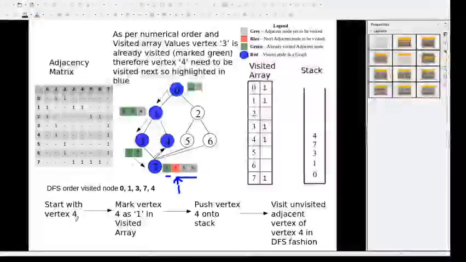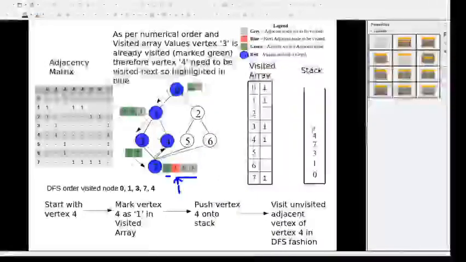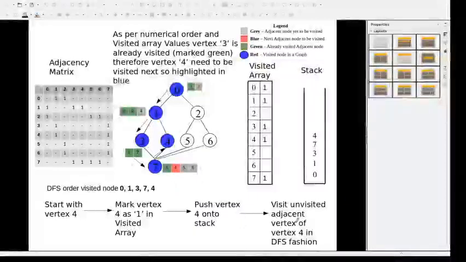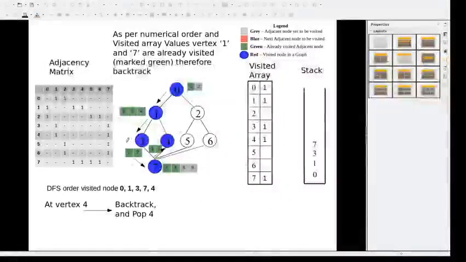So start with the vertex 4, mark the vertex 4 in the visited array as 1, then push it onto the stack top, and then again repeat this procedure of the depth first search for the adjacent unvisited vertices of vertex 4. So if you see, adjacent vertices for 4 are 1 and 7, and both 1 and 7 are marked with a green color. So it indicates that we have hit the dead end. Hereafter I cannot move forward, so I need to backtrack,